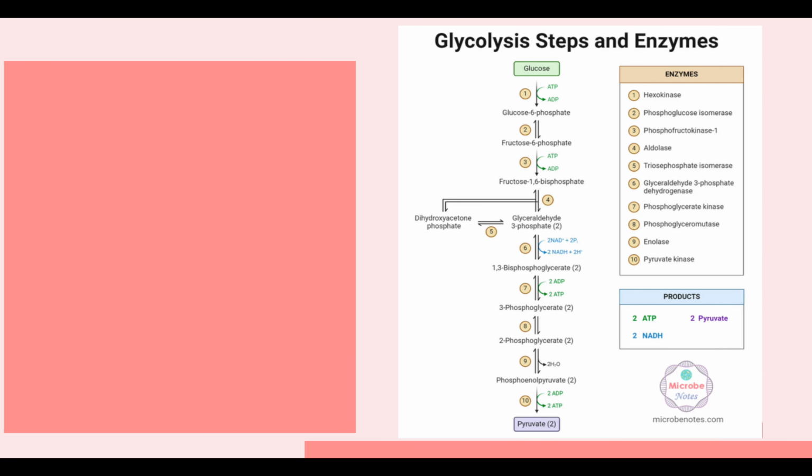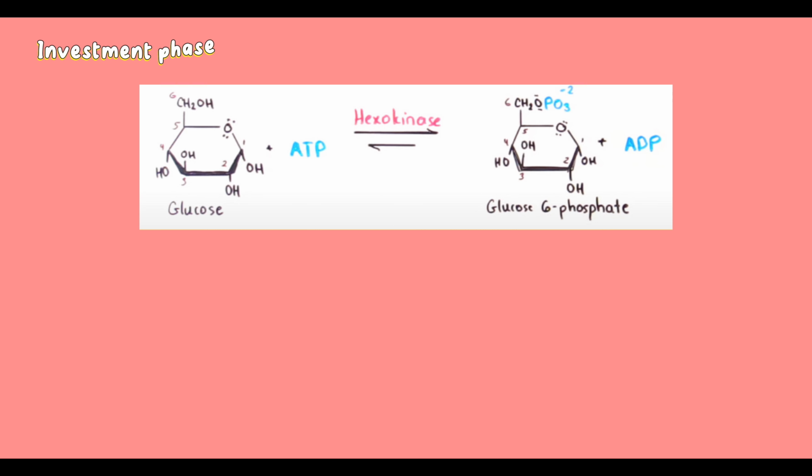Glycolysis consists of two main phases: the energy investment phase, which involves the consumption of two ATP molecules to phosphorylate glucose and its intermediate, and the energy payoff phase, which generates 4 ATP and 2 NADH while converting G3P to pyruvate. Investment phase. This process traps the glucose inside the cell and destabilizes the glucose by increasing its energy and